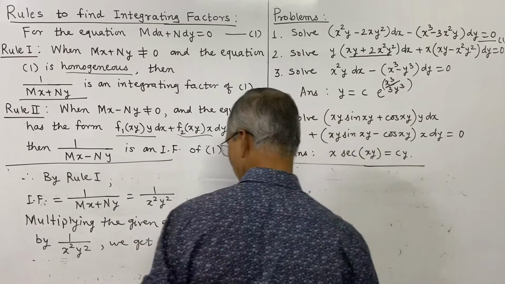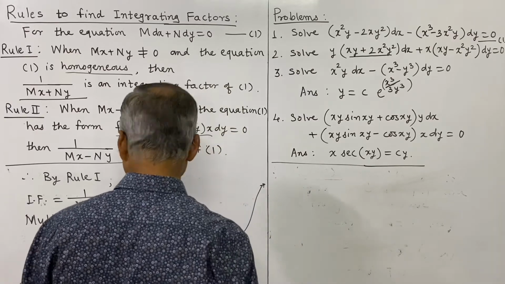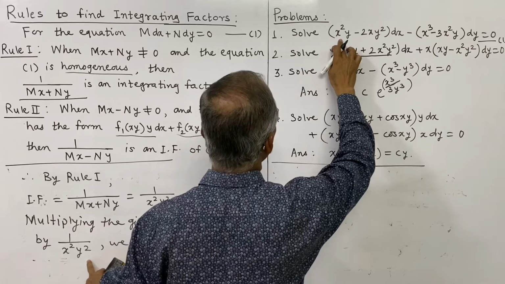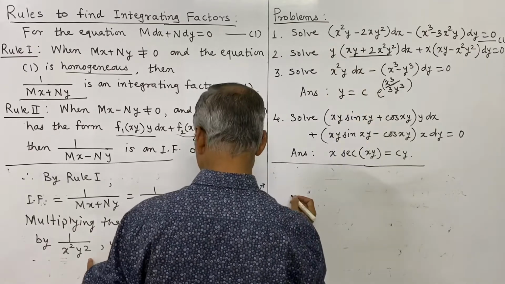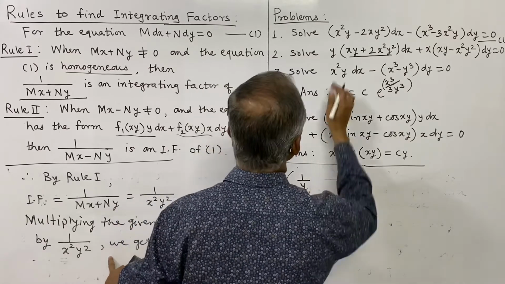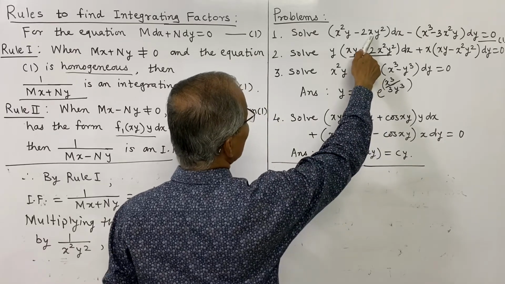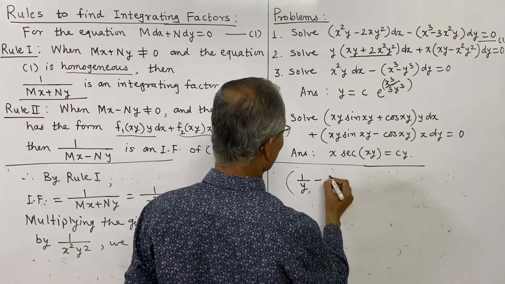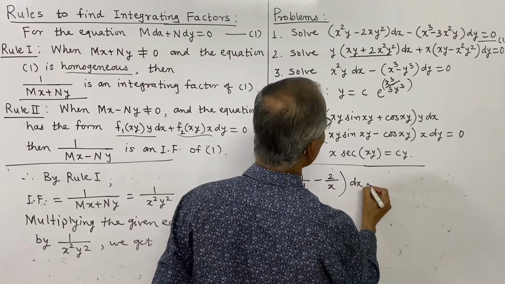So we will continue here. Each term is to be divided by x square into y square. So x square cancels, y upon y square is 1 upon y, and the second term also divided by x square y square. So y square here divides out, x remains in the denominator, so 2 by x into dx,